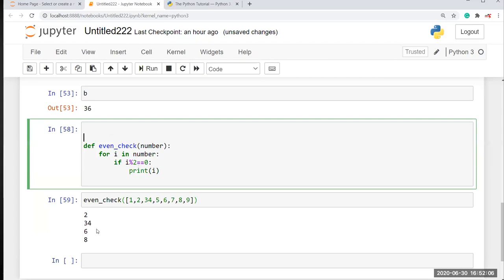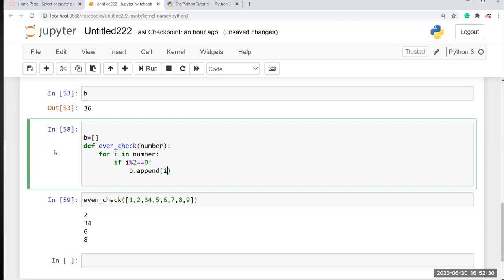You can print in a list form. Before doing that, you have to declare an empty list here. Instead of print, I am going to append the value. So here b.append, and here I am going to pass i.